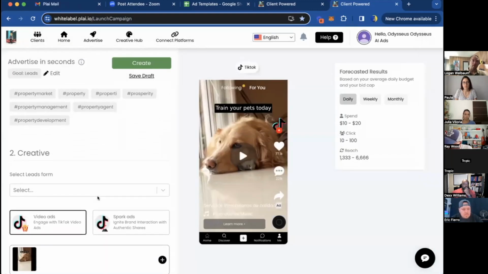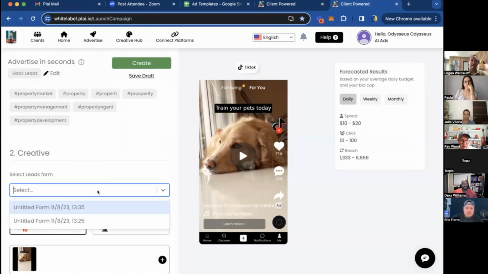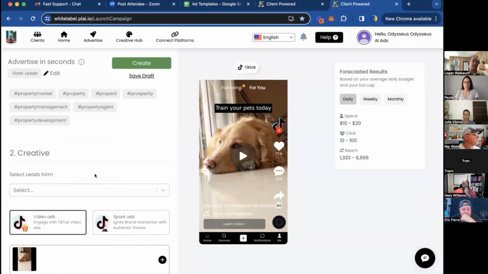For the lead forms, TikTok does not allow us to, like in Facebook, build out your entire lead form. On TikTok, you actually have to build the lead form inside of the TikTok manager. That's the only problem. We're partnered with TikTok, so we're working with them to see how we can bring that lead form creation into our platform so you can build the lead form in here. But right now you do have to build it inside of TikTok ads for your lead forms.